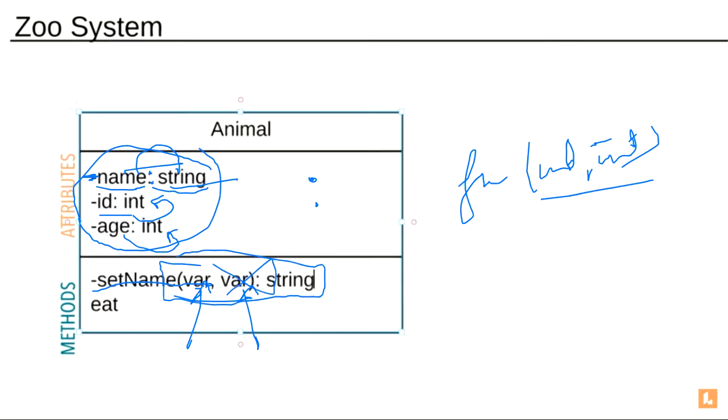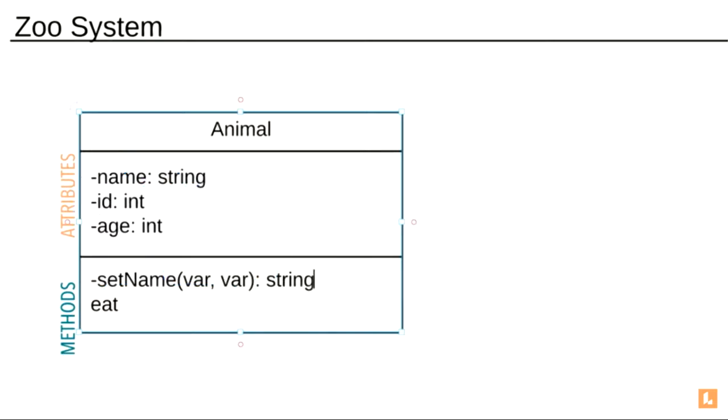But if we want to show that set name takes variable 1 and variable 2 as input, and its return type is string, you can show it like this. But generally this is not required unless explicitly given in the question. Just write the name of the function with function brackets.